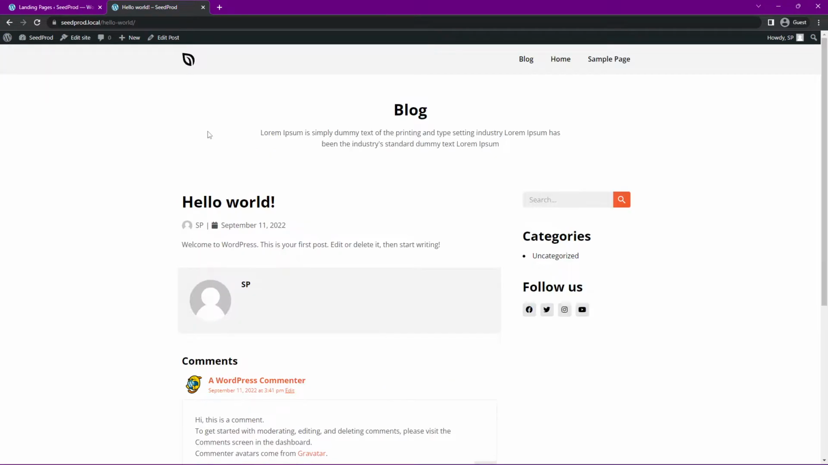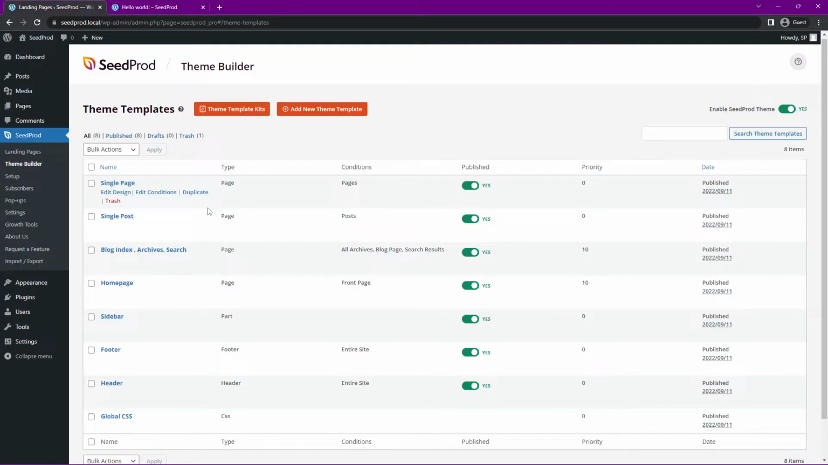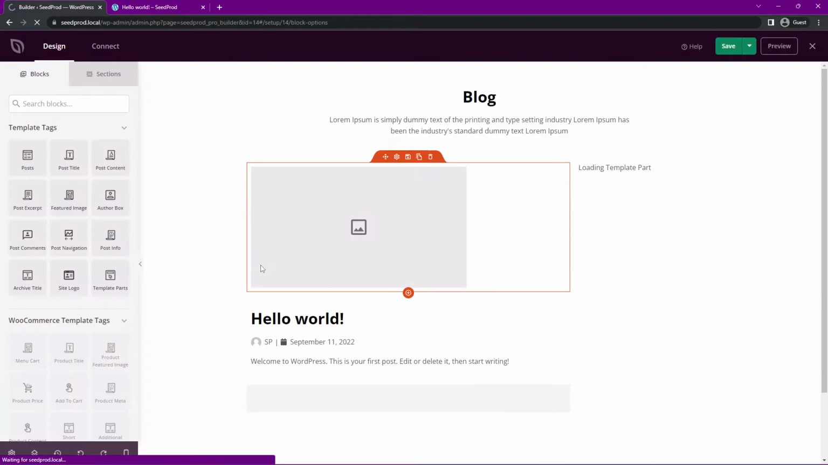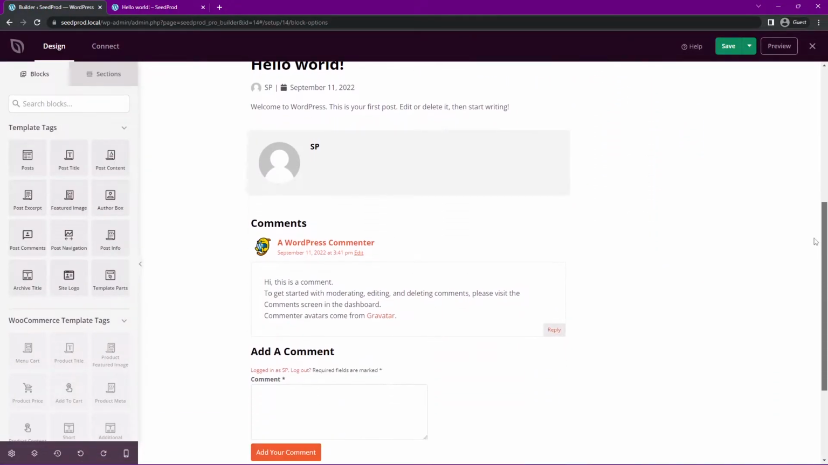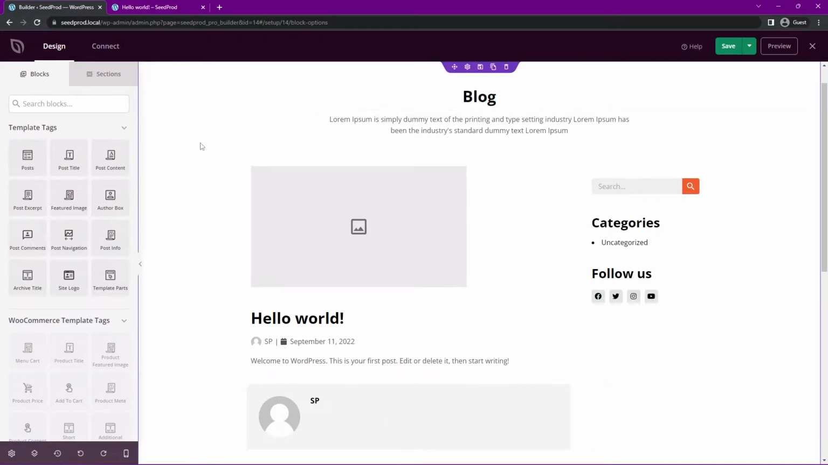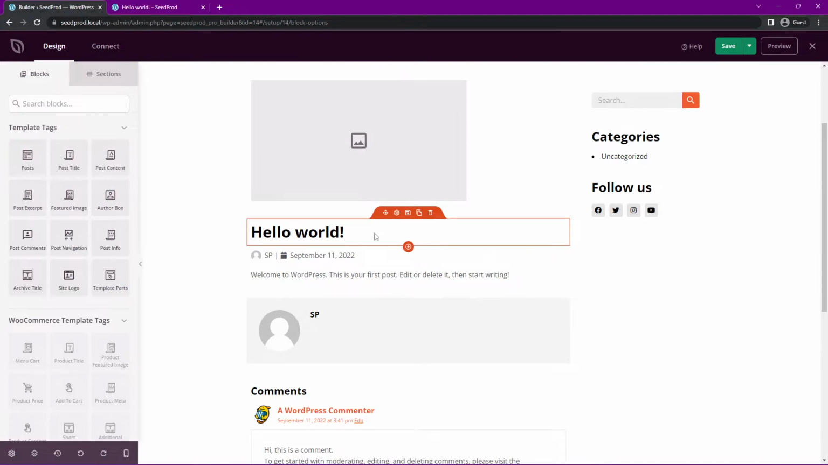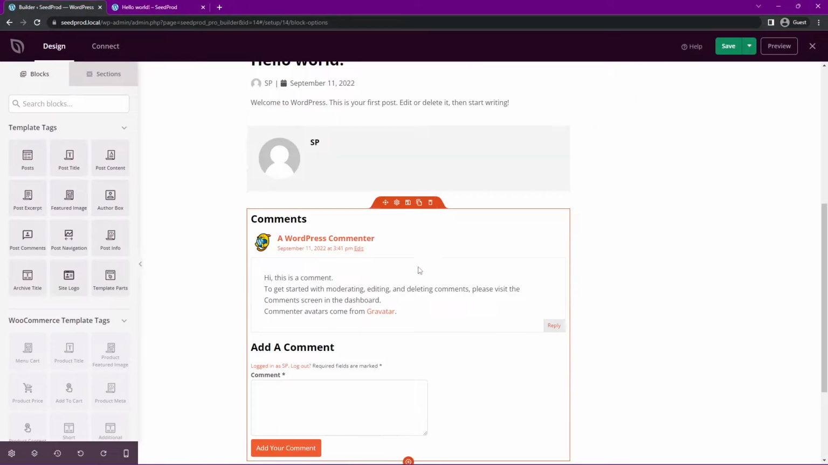So with the SeedProd website builder, we have templates. We don't actually edit each individual blog post. We just have one template called single post that we can update. So let's click on edit design here. And here we can see the template for this post. So every single post that is on your blog will use this template. So you can change the layout of things, you can change where the title is, the colors, absolutely everything that